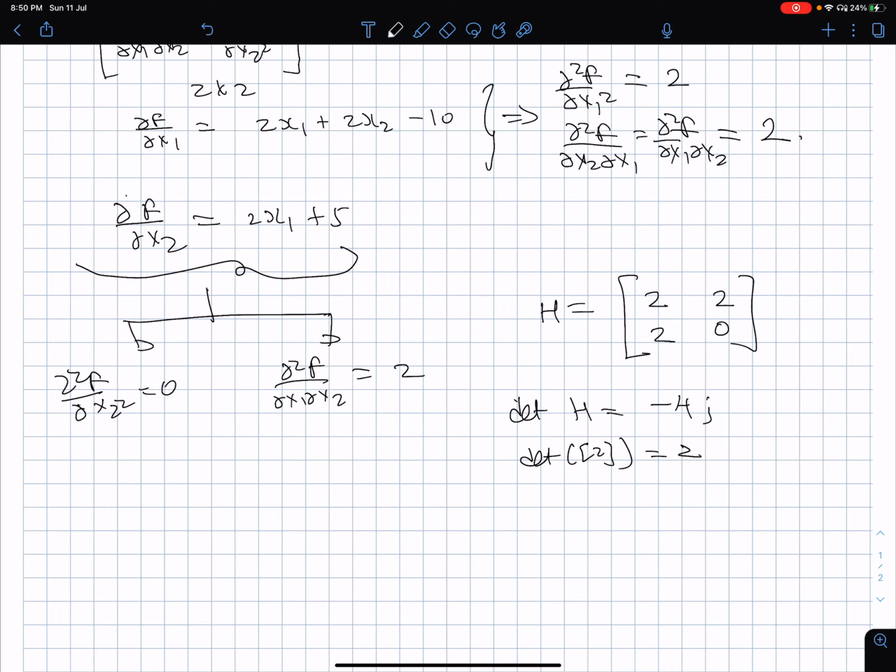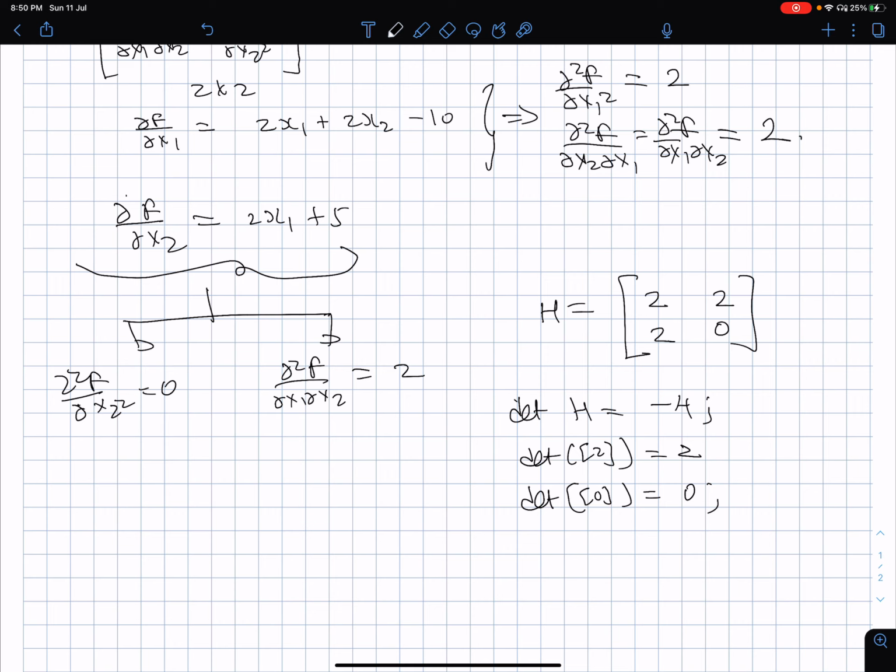If you look at the second principal determinant here, that is the determinant of the submatrix 0, which is 0. So what does this say? This tells us some determinants in the principal minors and the complete matrix are positive, some are 0 and some are negative. So therefore this matrix is neither positive definite nor positive semi-definite nor negative definite nor negative semi-definite. It is actually an indefinite matrix.